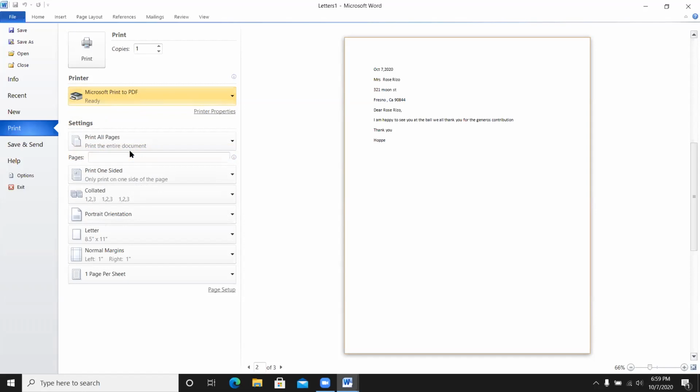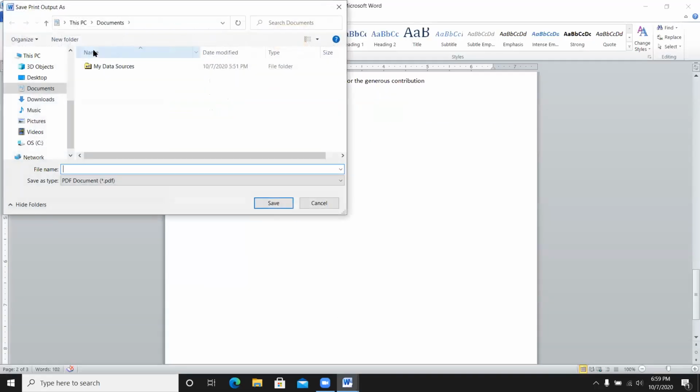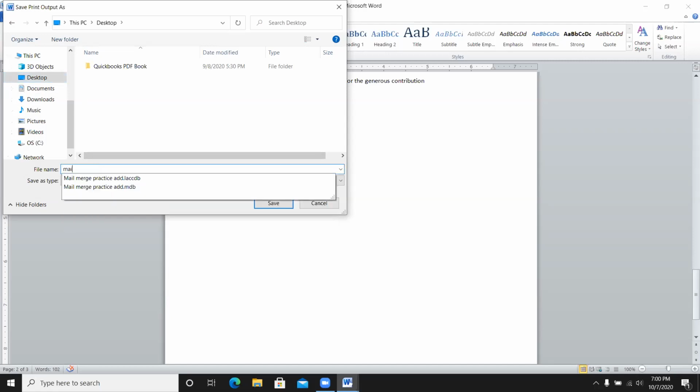So once you select it, click print, and now it is saved. So it will be saved in this place. So now you can select the desktop, come down, left side, desktop, yeah, select it, and then give this letter a name, mail merge practice. That's it. So now your letter is ready for printing, but because the printer was not there, so we have